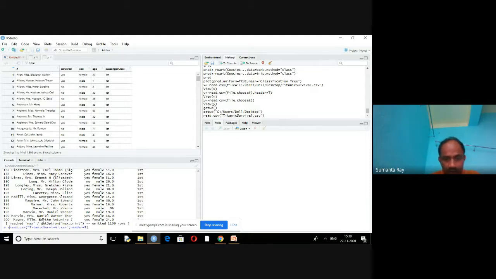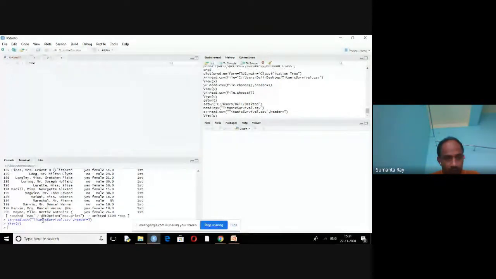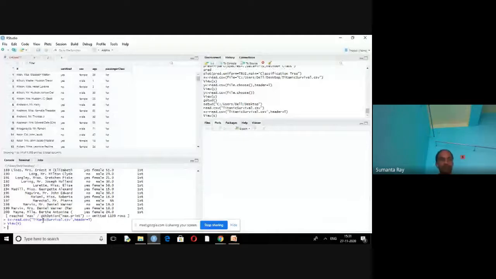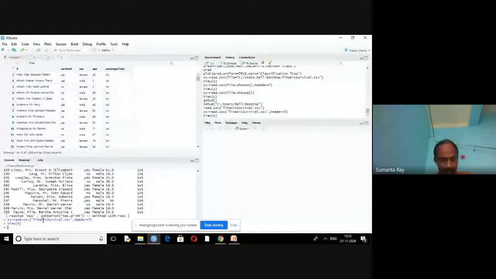Here are three different commands to put a CSV file into R. And here, how to find out the current directory? What is the current directory? It is the directory in which I am working. To find the current directory, use the getwd command. To change the directory, use the setwd command.